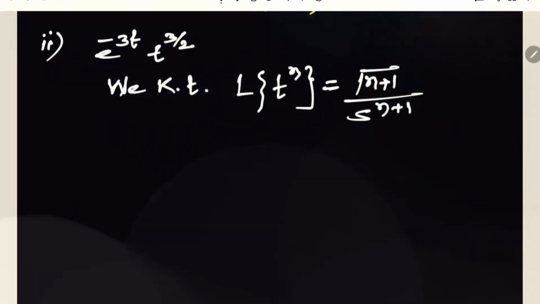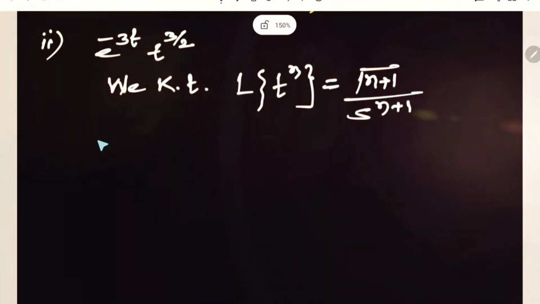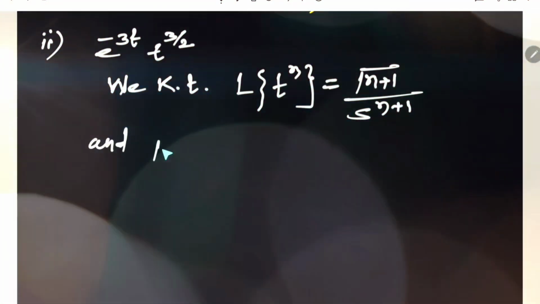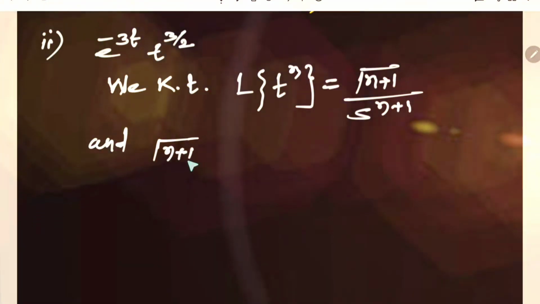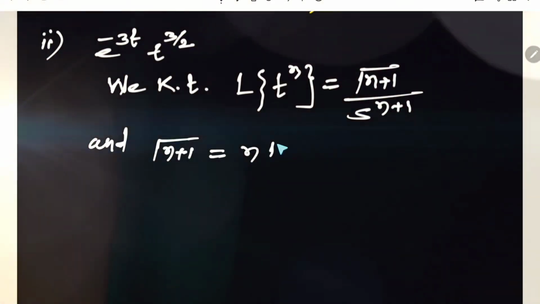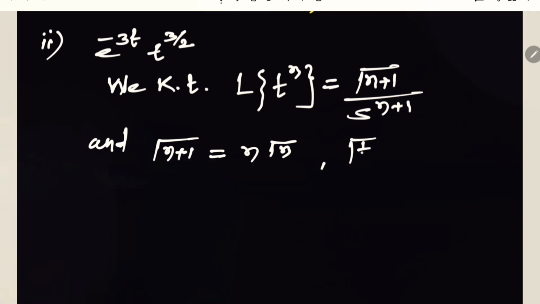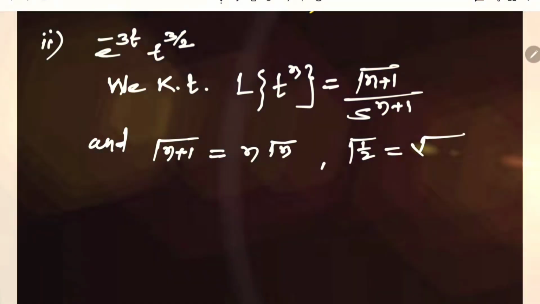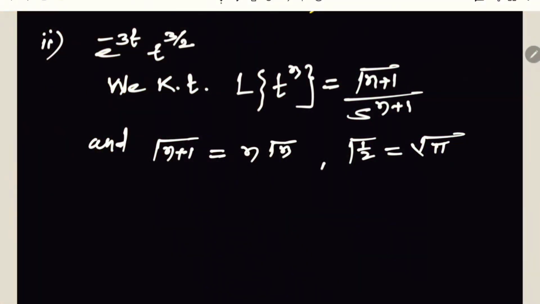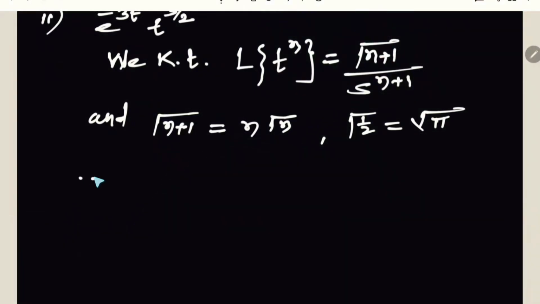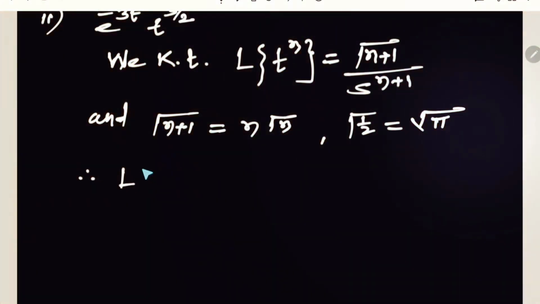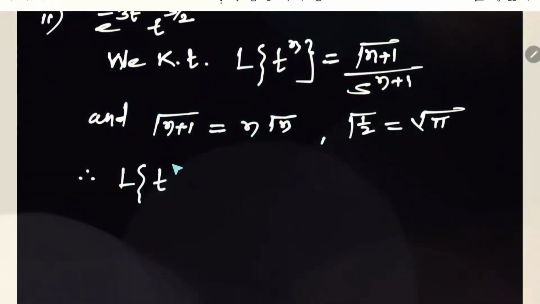And another result from the gamma function, gamma n plus 1 is n gamma n, and the value of gamma 1 by 2 is square root of pi. All these are required results. Then we find Laplace of t raised to 3 by 2